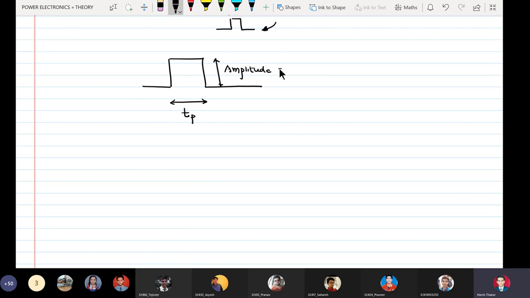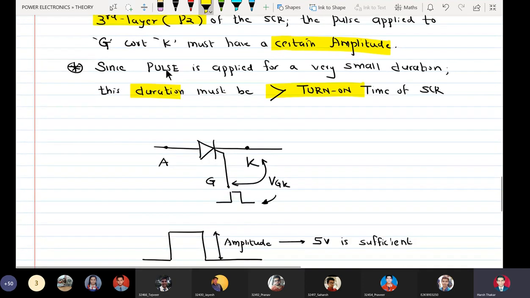Usually, pulses having an amplitude of about 5 volt are sufficient, and this duration should be greater than the T on of SCR. Okay, the pulse width should be greater than T on of SCR. This is the first requirement.